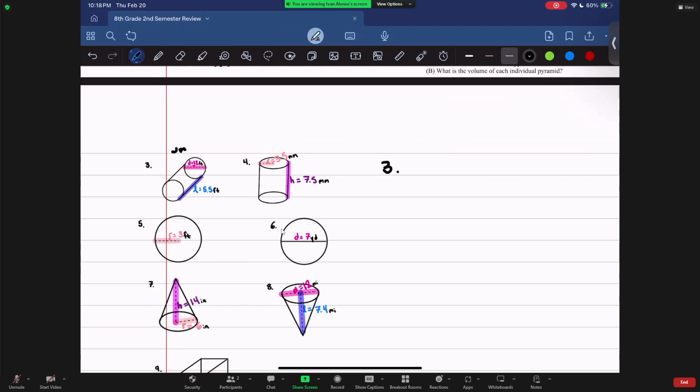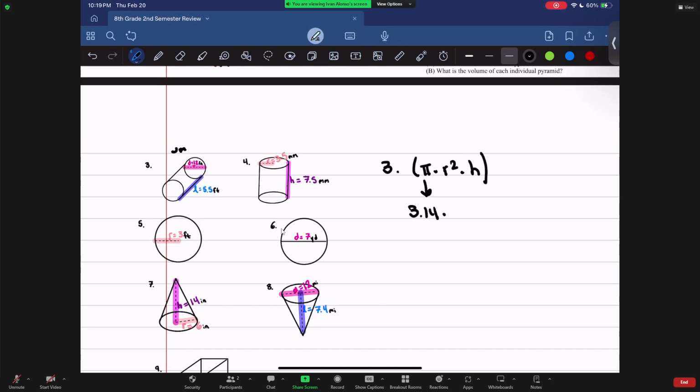So let's go to number 3 real quick. That is a cylinder, right? So the formula for the volume of a cylinder should be pi times r squared times height. Okay. Now, check that real quick on second monitor. And yes, that is correct. Now, I don't have a calculator, so I'm going to assume 3.14